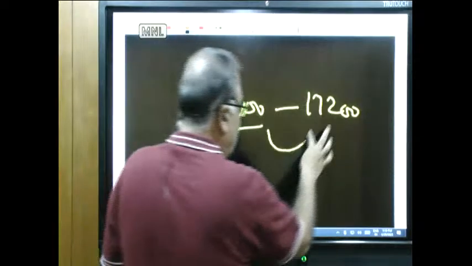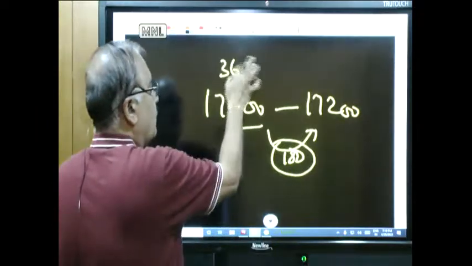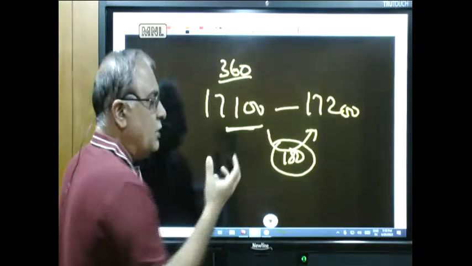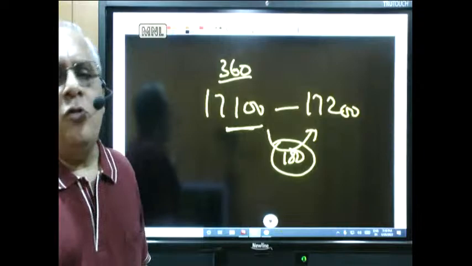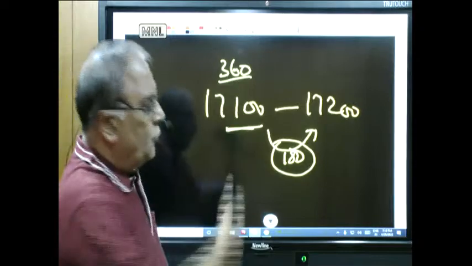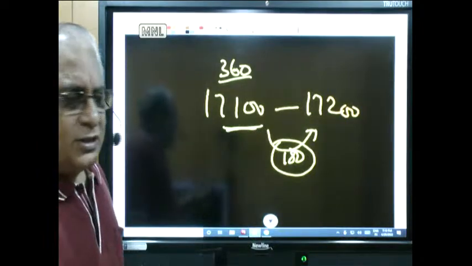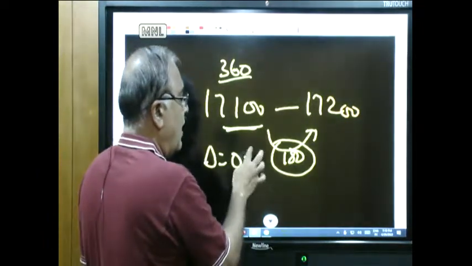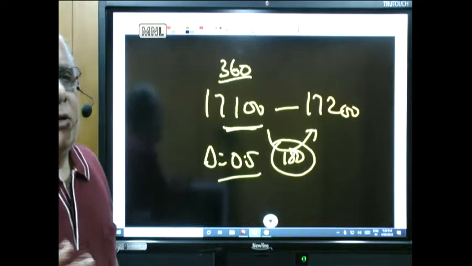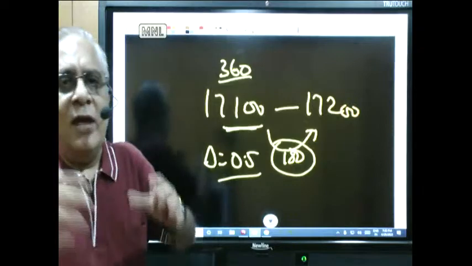So when this 100 rupees movement takes place, now let us say today you bought an option for 360 rupees, 17,100. So the 17,100 is considered to be at the money, because the futures price is also approximately at the same level. If that be the case, tomorrow if it moves to 17,200, this 17,100 at the money, because that is where the futures price is, delta will be 0.5. Where the futures is, the closest strike will be very close to 0.5 delta. Now this delta will be different for different strikes. In the money will have greater than 0.5. Out of the money call option will have lesser